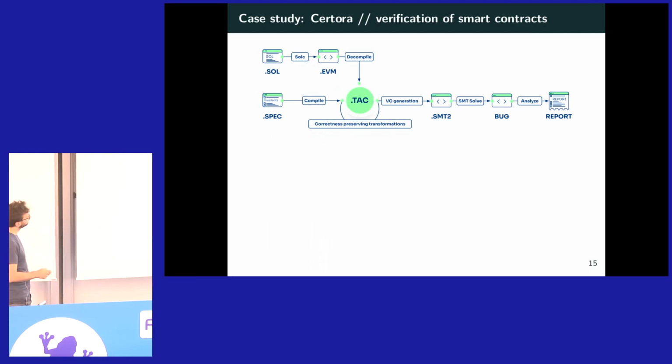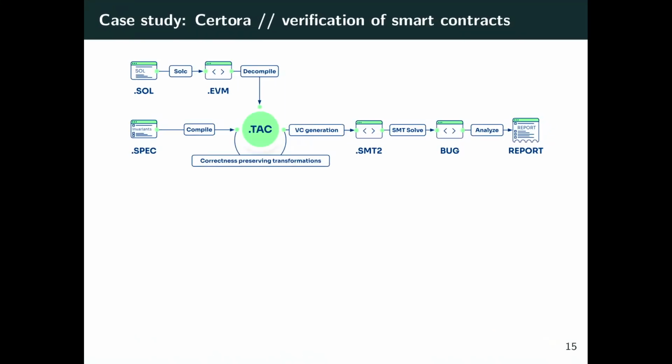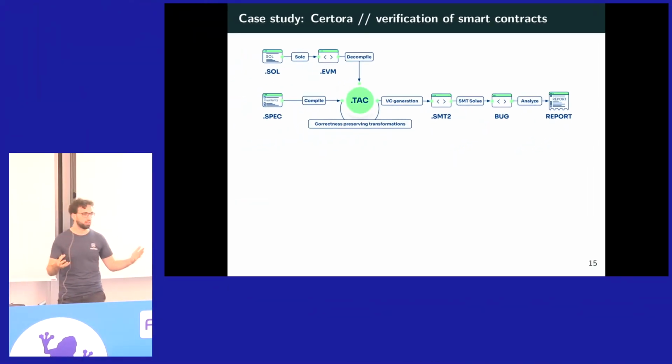And then, we have our intermediate language. Think of LLVM intermediate representation, but very different, but the idea is the same. We do a bit of static analysis, and in the end, we call an SMT solver. And then we can show that, at least for the properties they specify, there is no way to violate it. And that can, for example, be you cannot just take money out of the smart contract,